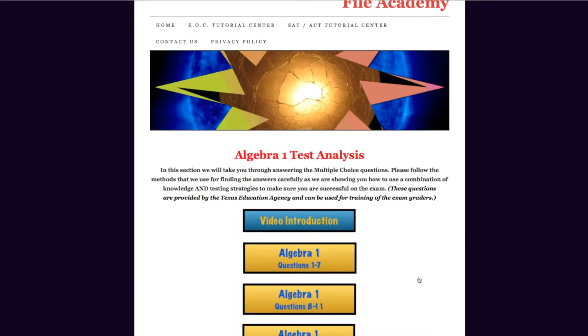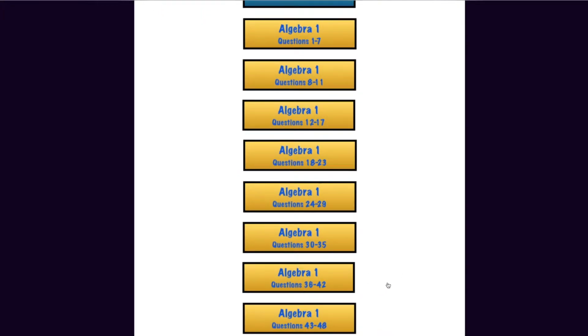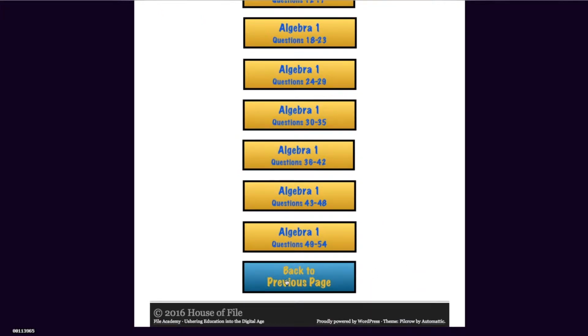Okay, so now we are looking at... So that's an example of how we go through the test. If you don't know how to solve them, we try to find you a way of doing it, whether it's plug and play or whether it's to try to eliminate the obviously wrong answers and make an educated guess about the right answers. And as you can see, we go through all 54 questions that's on the release test of